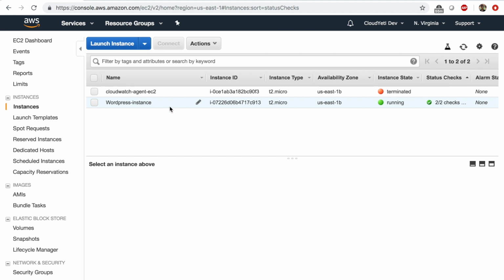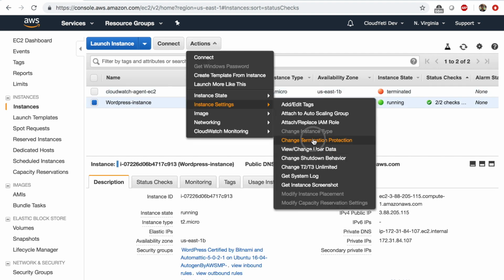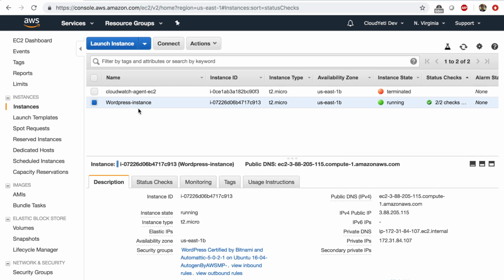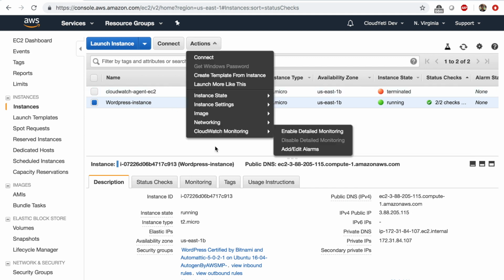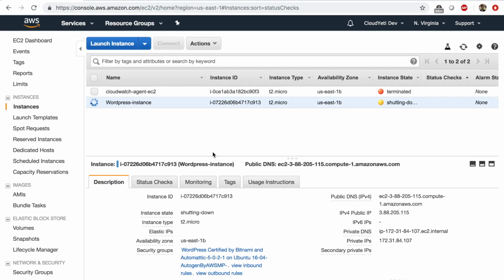And by the way, if you eventually want to delete this instance, all you do is say instance settings, change termination protection, and disable, right? Let's do this because we want to clean up. We're done with this lab now. So disable, and once you disable the termination protection, you can go to instance, actions, state, terminate, and you can terminate this time. So terminate the instance, go to volumes on the left navigation pane,